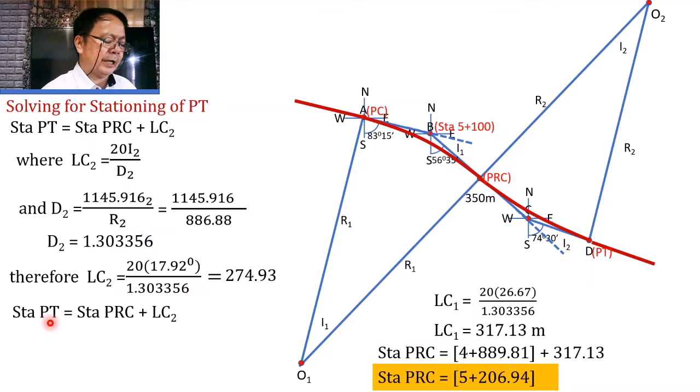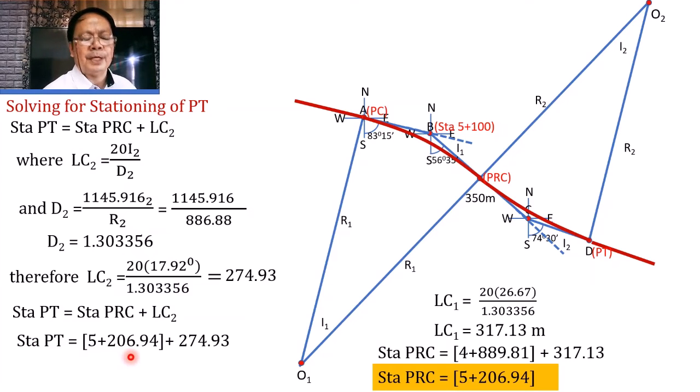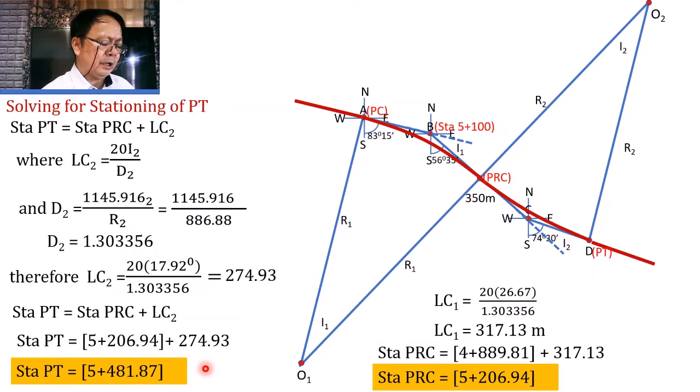And then finally, we can solve for the stationing of the PT to be equal to the stationing of the PLC plus the length of the second curvature, so that stationing of the PT will be 5 plus 206.94 plus 274.93, representing this length, equal to stationing of the PT to be 5 plus 481.87. And that gives us the complete solution to the second problem when you are dealing with a reverse curvature